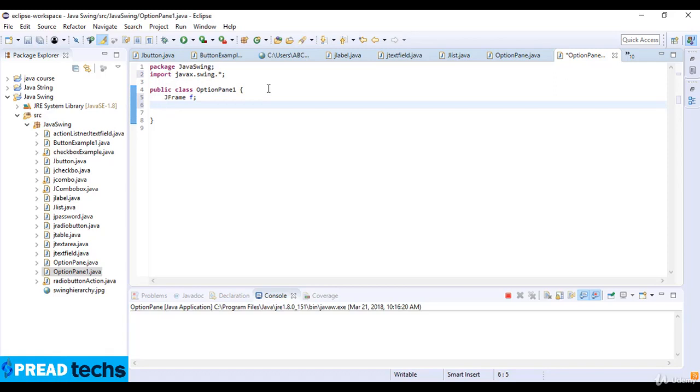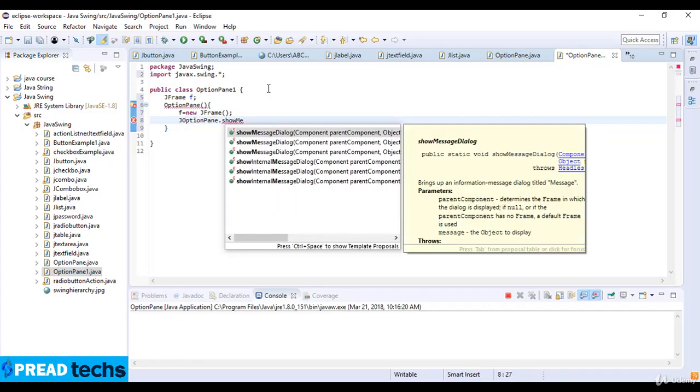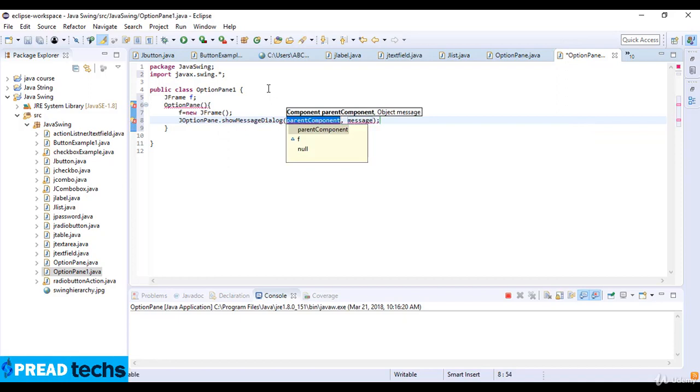Then in the OptionPane I write f equals new JFrame. So our frame is created here, and then JOptionPane.showMessageDialog. Here I write the parent component which is f, and the message, which is a string: success,